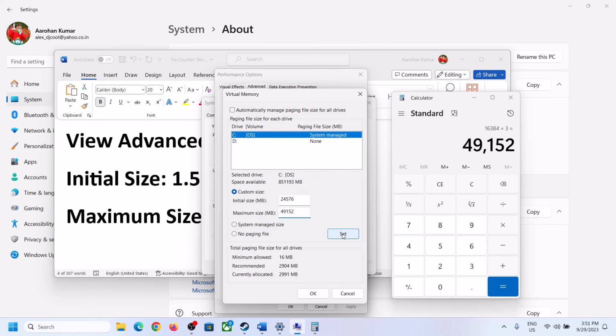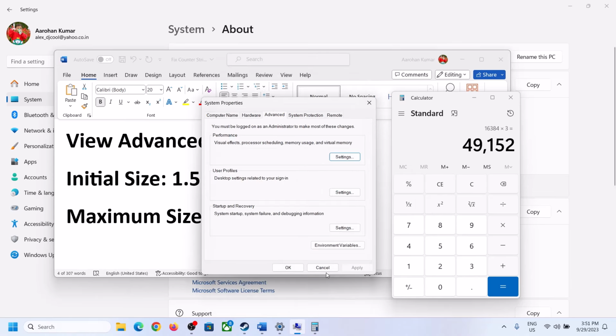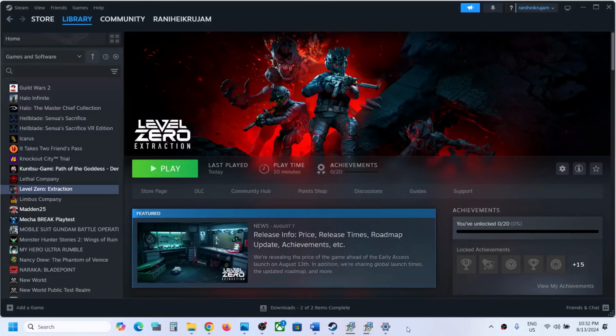Now click on set over here, then click on OK, apply, OK. Now restart computer. Make sure that you restart your computer after this. Now the next step is to